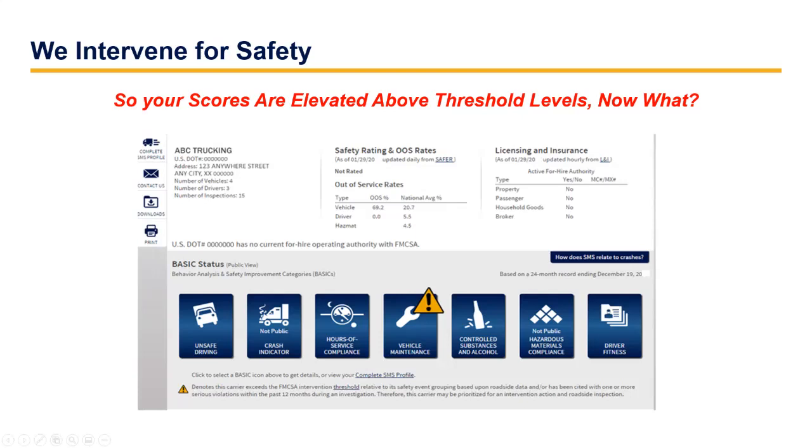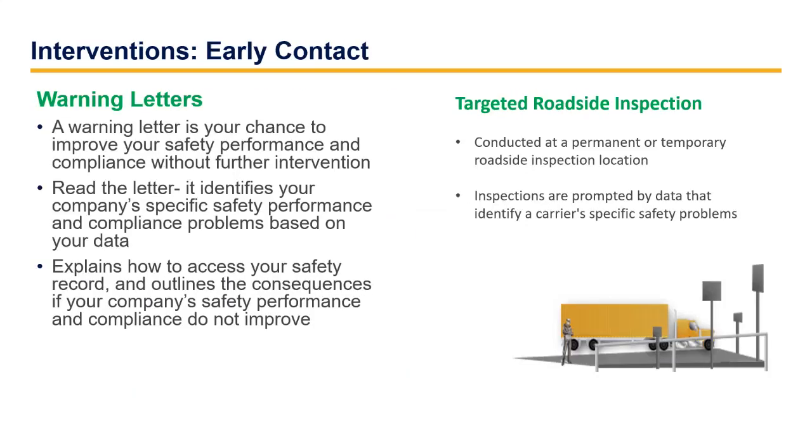Well, one of the early contacts that we would have, on the next slide, is going to be a warning letter. Anytime a company is elevated in their score above our threshold levels, you're going to get a letter in the mail putting you on notice. And that's our first point of contact with you. It lets you know that you're above the threshold and what steps you can take to make improvements. It's also going to inform our roadside officers in law enforcement to do increased targeted roadside inspections, because the data is telling us that you're having problems in maintenance. So we're going to want to look additionally at your vehicles as you're going up and down the highway to make sure that we're operating safely.